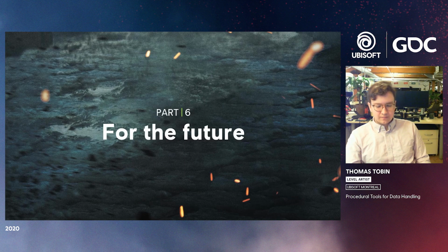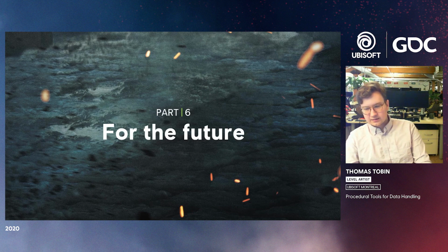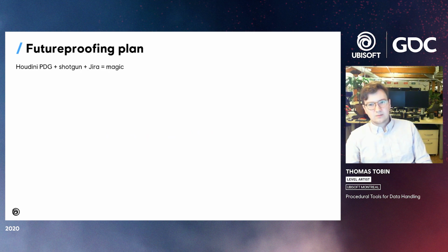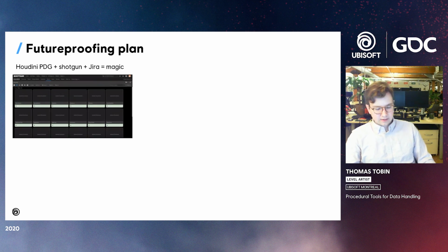For the future, these are some of the things I want to look at, and some of the things I think would be really useful for integrating in the pipelines. Houdini and PDG plus Shotgun and Jira will really simplify the process of creating hundreds and thousands of assets at a AAA level. Now, I've taken these images from a Houdini presentation earlier this year, but we have an exact